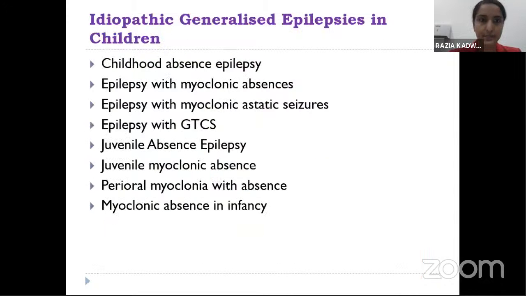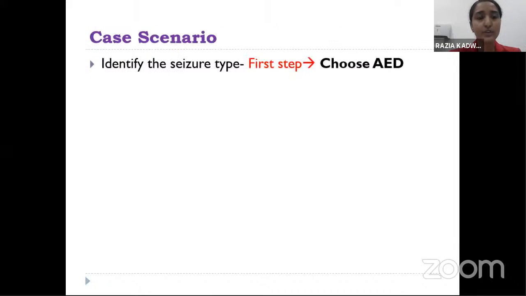So what next? Apart from the common generalized childhood absence epilepsy, there are other generalized epilepsies which we see in children, like juvenile absence, juvenile myoclonic, perioral myoclonia with absences, epilepsy with GTCS. We'll discuss all these, the few common generalized epilepsies in children. So once you have identified the type of seizure, then you move on to choosing the right anti-epileptic drug for